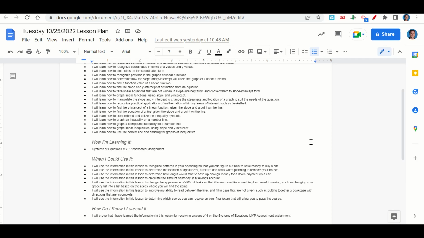When could I use this information? To recognize patterns in your spending so that you can figure out how to save up enough money to buy a car, to determine the location of appliances, furniture, and walls when planning to remodel your house, to determine how long it would take to save up enough money for a down payment on a car, to calculate the amount of money in a savings account,